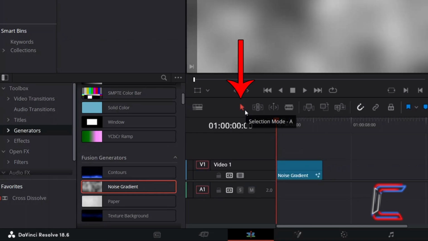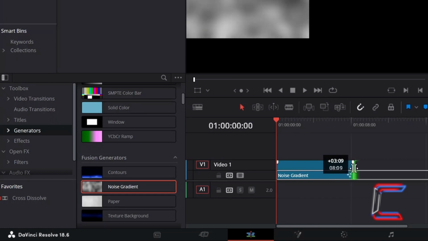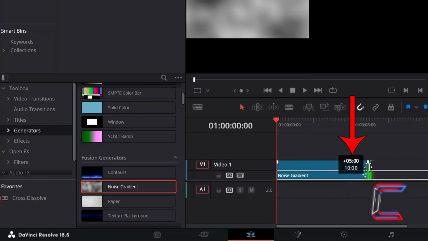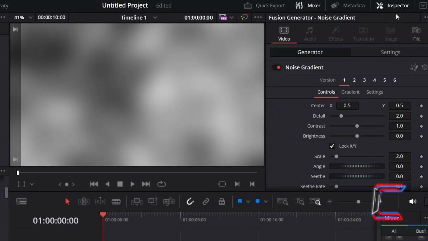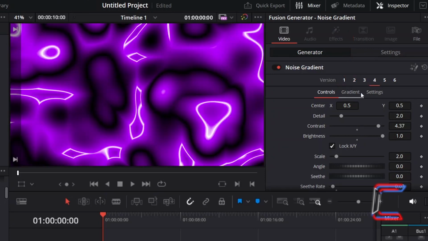Use the Selection Mode tool by pressing A to click and drag on the end of the edit to change the duration, keeping an eye on the time difference and total duration in the box that appears next to your mouse cursor. With your noise gradient edit selected, go to Inspector and underneath Generator, select version 4, choose Gradient, click